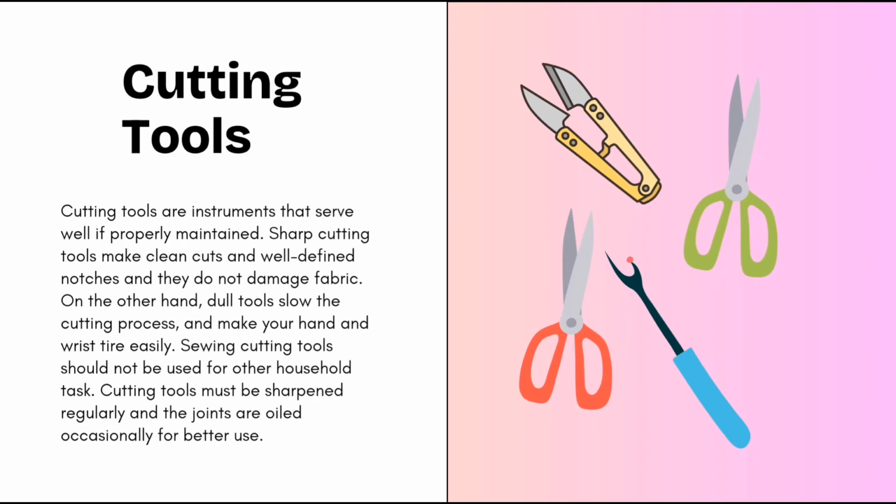So another type of sewing tool is the cutting tools. Cutting tools are instruments that serve well if properly maintained. Sharp cutting tools make clean cuts and well-defined notches, and they do not damage fabric. On the other hand, dull tools slow the cutting process and make your hand and wrist sore easily. Sewing cutting tools should not be used for other household